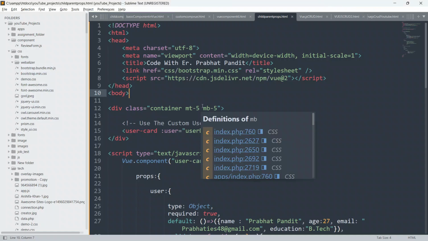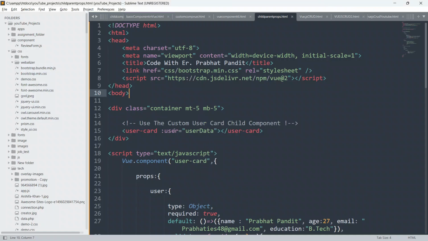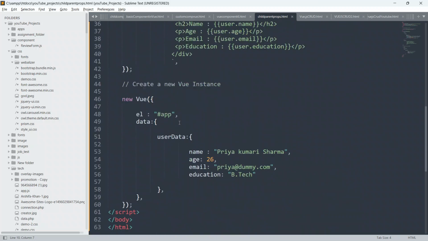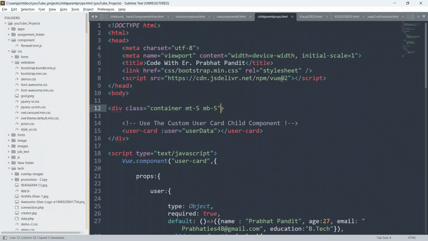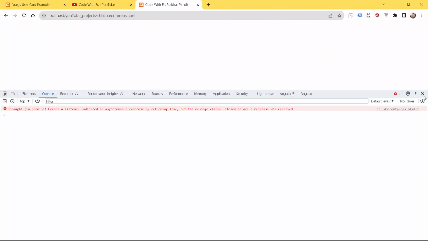Okay guys, sorry guys, we forgot one very important thing. I hope you have figured out what mistake we made in this coding. We have defined our Vue.js instance with the id app, so we have to copy this id and paste it here. Sorry guys, so give id equal to app. Now save your code, go to the browser and refresh the page. Cut this console, we don't require this, hit enter.